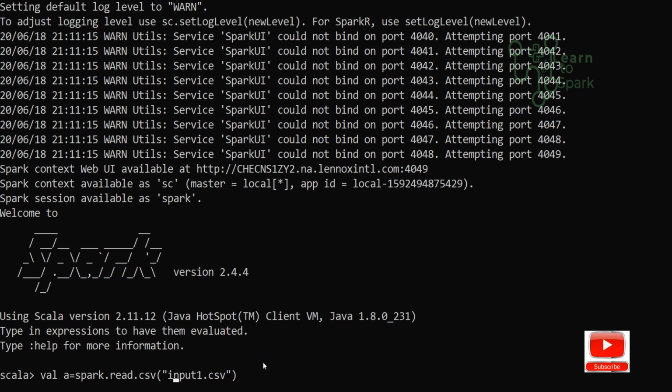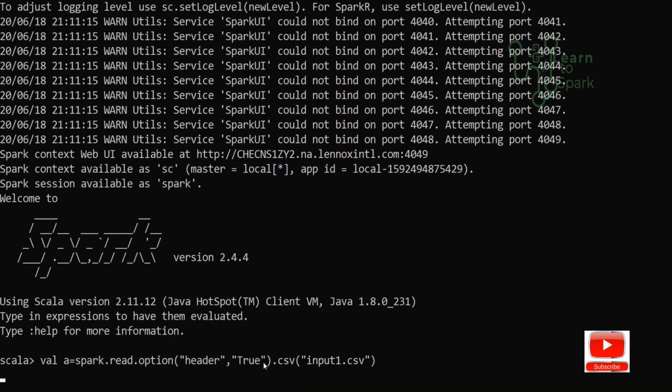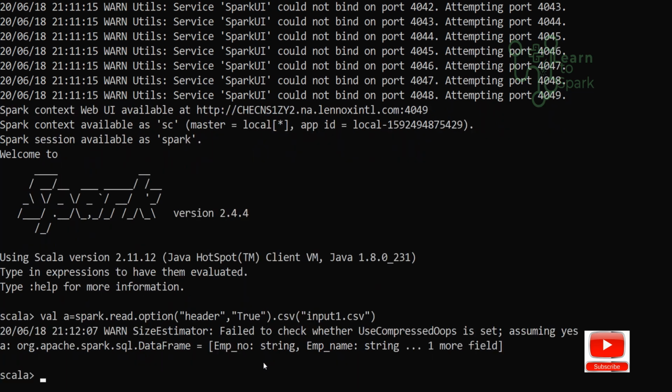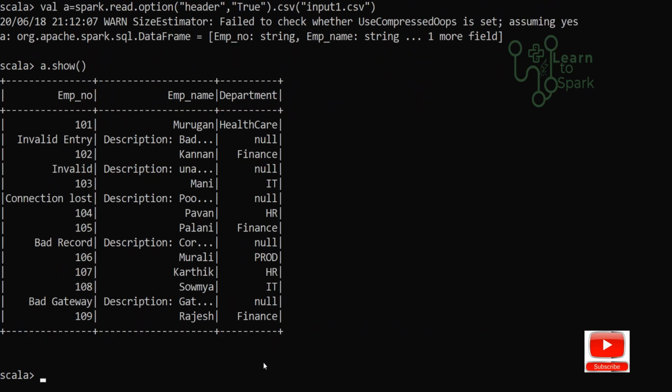We'll also define header to it. Let us check the data available using the show command. And now we can see this is the permissive mode in which we have all the records including corrupted records.